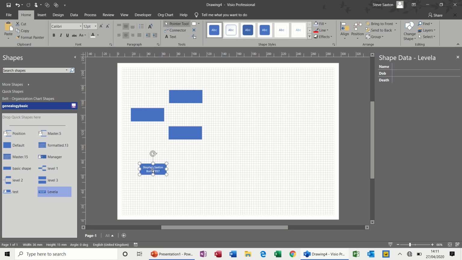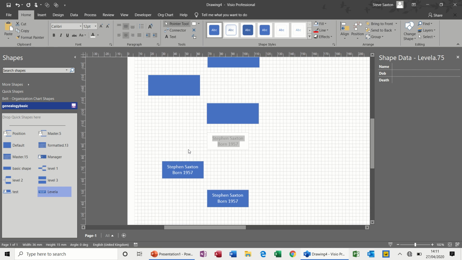I did that, and then I worked out how far away I want a shape, and just copied that, and then did it the other way. Now, Visio is quite cool for giving you the little guides. So that's me, and then I can double click on this, and that's to say my dad, so get rid of that. So that would be Kenneth,